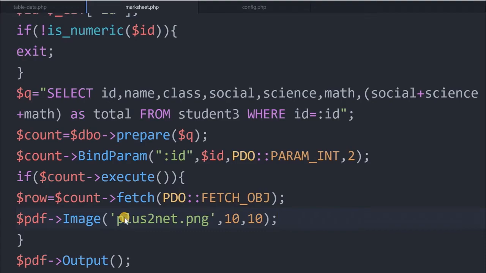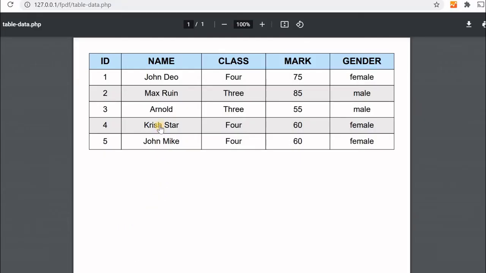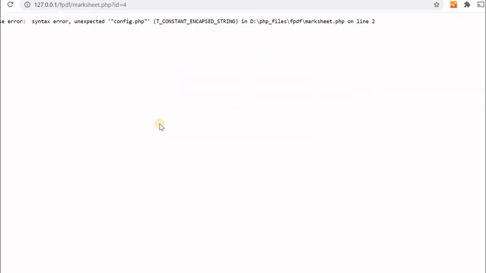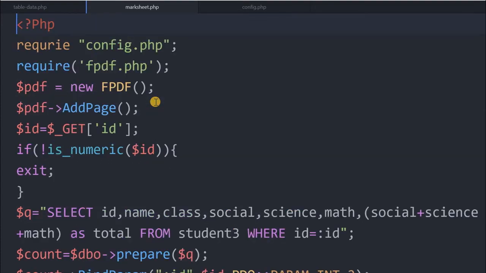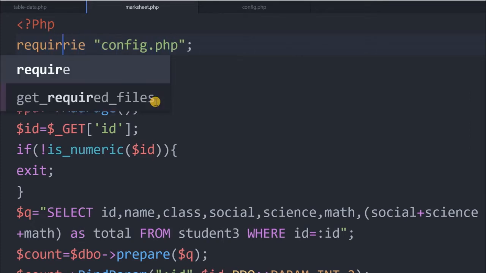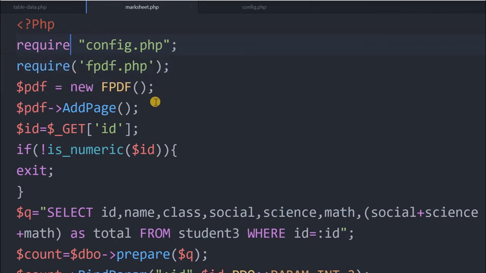I saved this. Let me go here and click one of the records. Now config. Okay, at the top something is wrong. pscon config.php. Sorry, here I made a mistake.